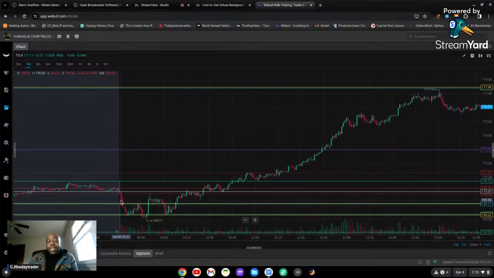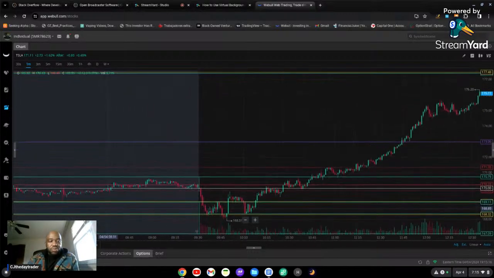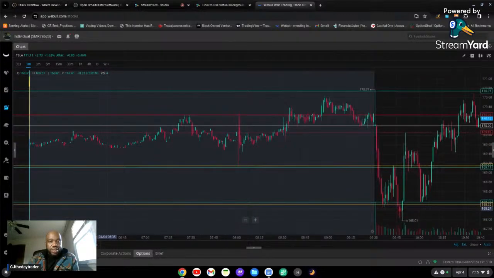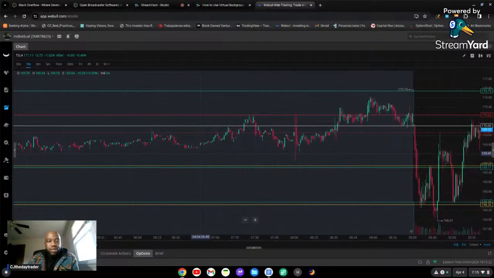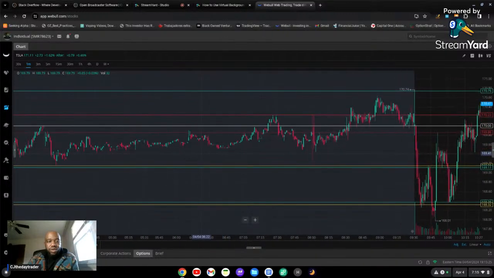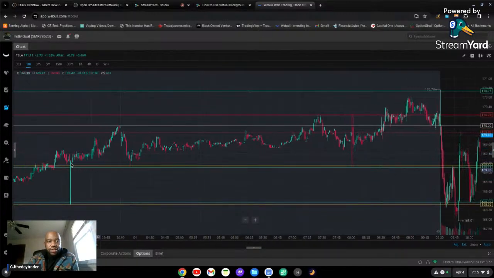But I did right, because I shorted at the level where I needed to short. But at the same time, if I set these demand levels in pre-market and I'm saying, okay, price is probably going to retrace back down to this level and bounce up, and then retrace back down to this level and bounce up. So if I know that, yes, I can short it back into that level, but